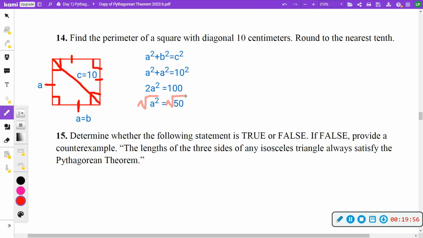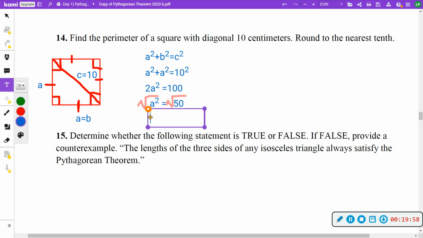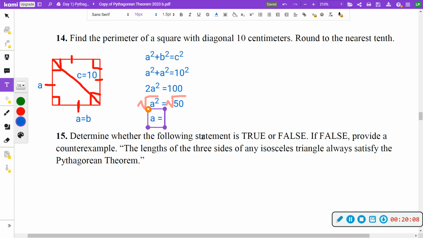Square root cancels out the square. Now I'm going to need a calculator for this. Square root of 50 is 7. It says round to the nearest tenth. It's